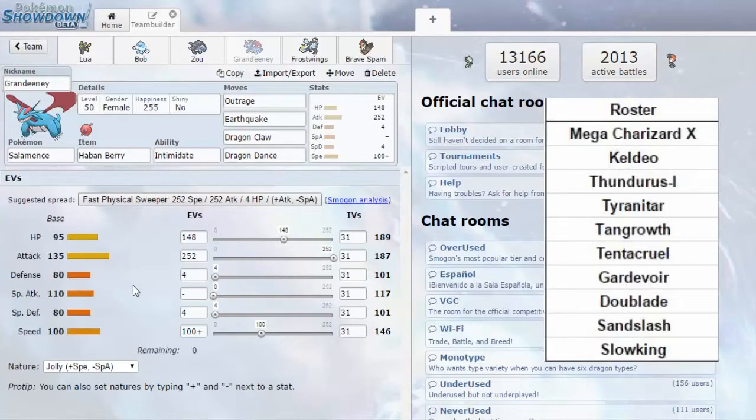I have the potential to leave at +2, but if rocks are up I don't leave it, so that's a thing to keep in mind. But for that to happen, he needs 3 Dragon Dances up, which he'll definitely not get. So Jolly, I have Jolly Nature